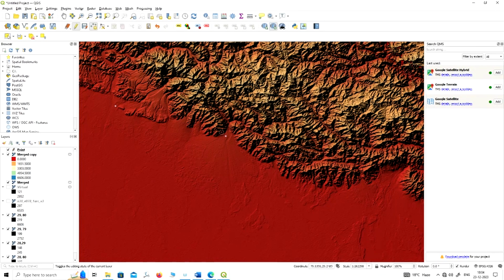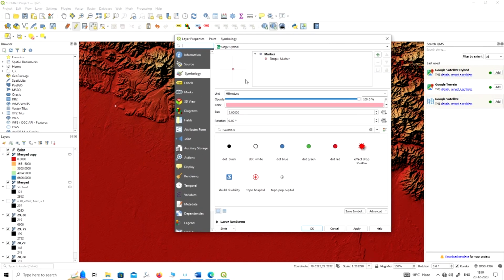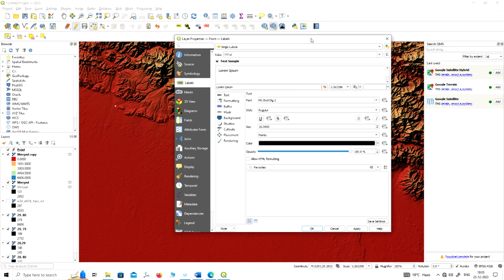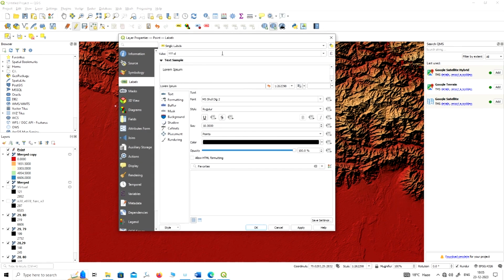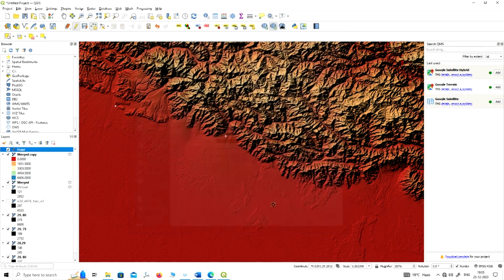And suppose you want to label the location on your map, so you have to simply go to the properties option, and with this property option you can see that there is one option, label, just below the symbology. So you can click over there, and now by default it is on the no label option. You have to change this no label to the single label, and when you click on the single label, now you have to choose the location from the drop down menu, and once you have selected the location and simply apply,